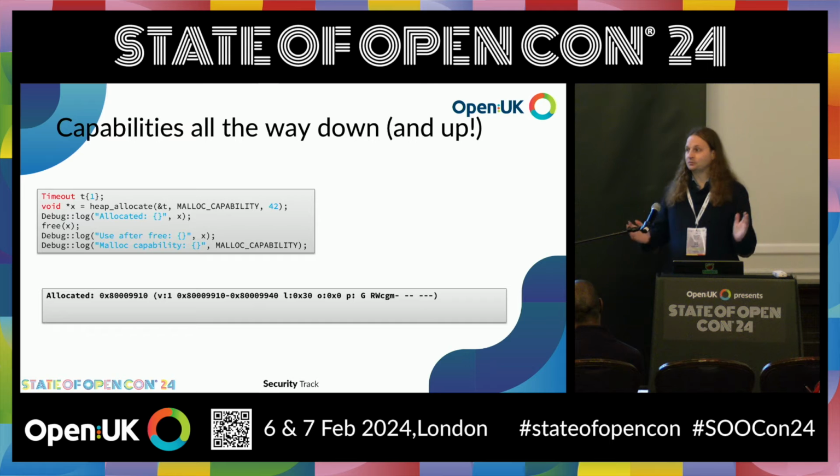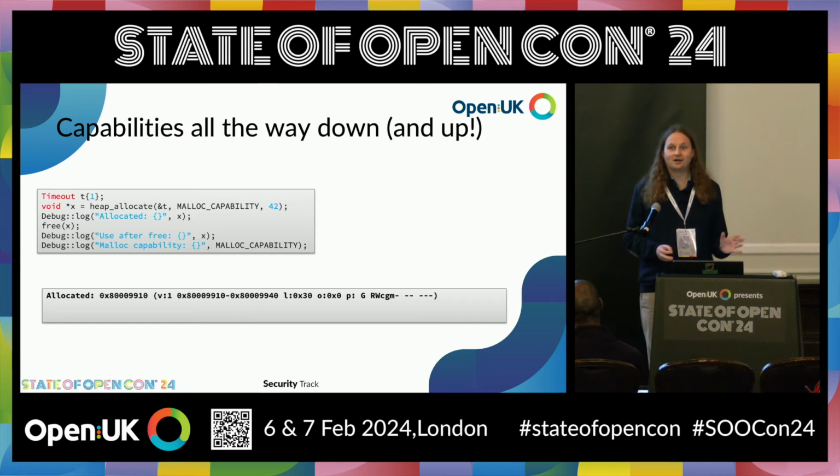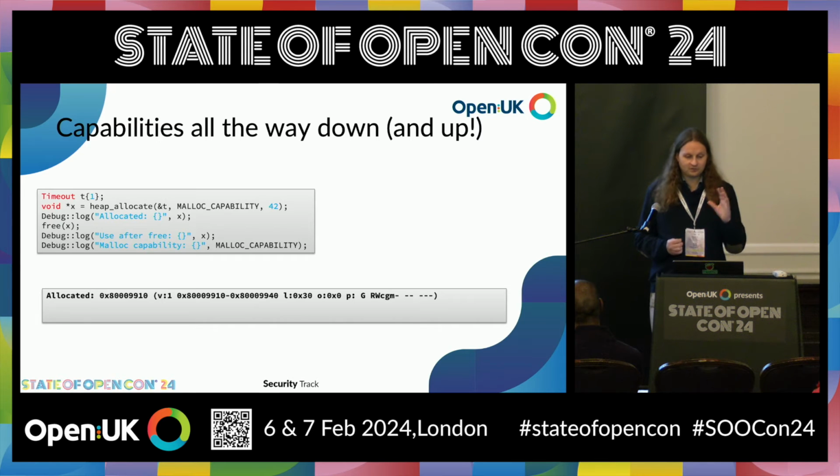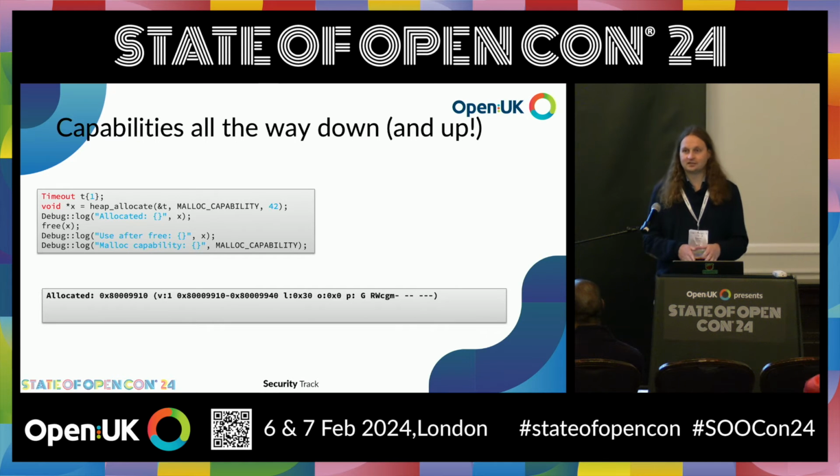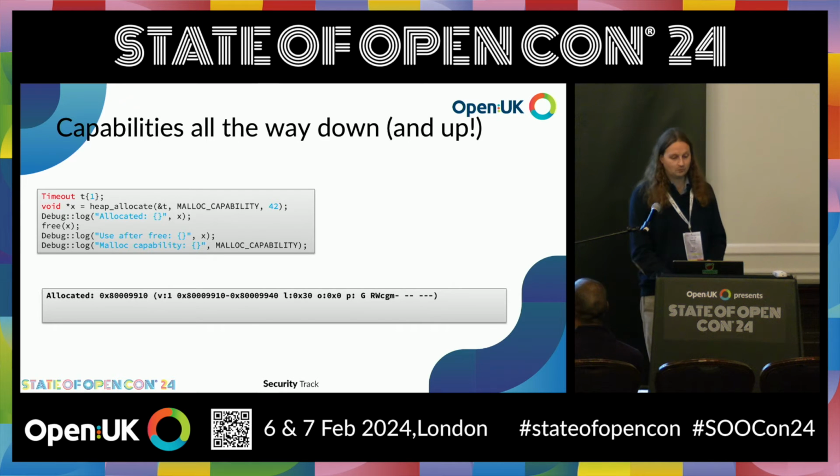So I've sort of talked a lot in the abstract so far. I want to give you just a little snippet of code. So this is something that allocates some memory on the heap. Heap allocate is the low-level function that malloc is just a wrapper around, which will do an unlimited timeout and will pass a default capability. This returns a pointer, so we're going to print that, then we're going to free the pointer, print it again, and then we'll take a look at what that malloc capability that authorized this operation was.